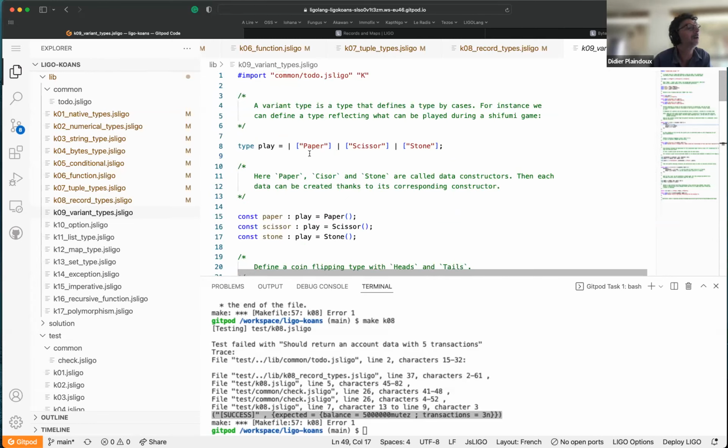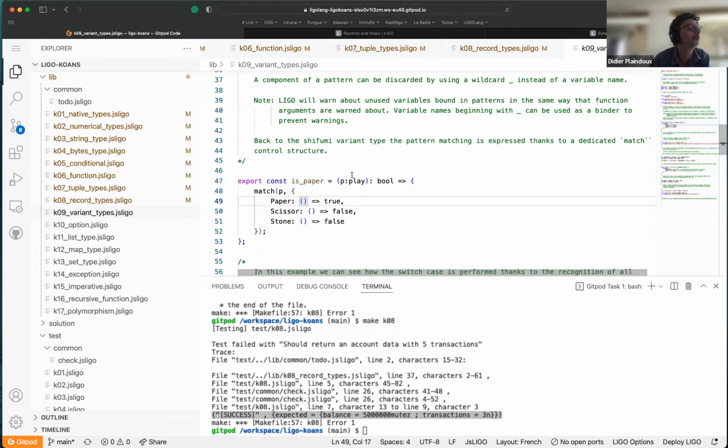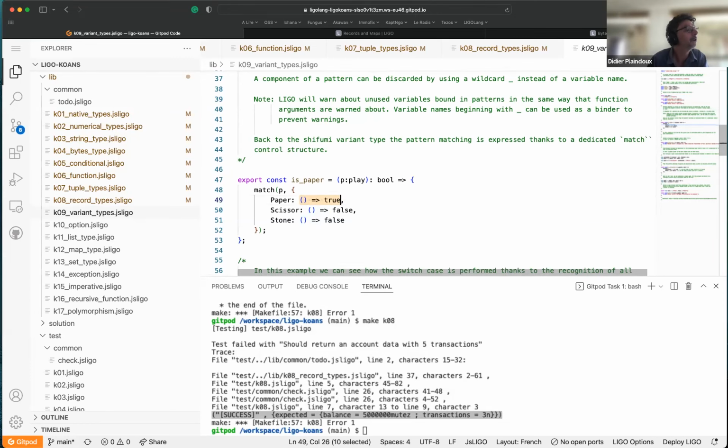In this case, paper, scissor, and stone have no parameter. So here, this is why the function has no parameter. And if you remember, this expression is a function. So you just have to provide a function. This is why function manipulation is important. This is why I talk about this, because here we are manipulating functions. Okay, so